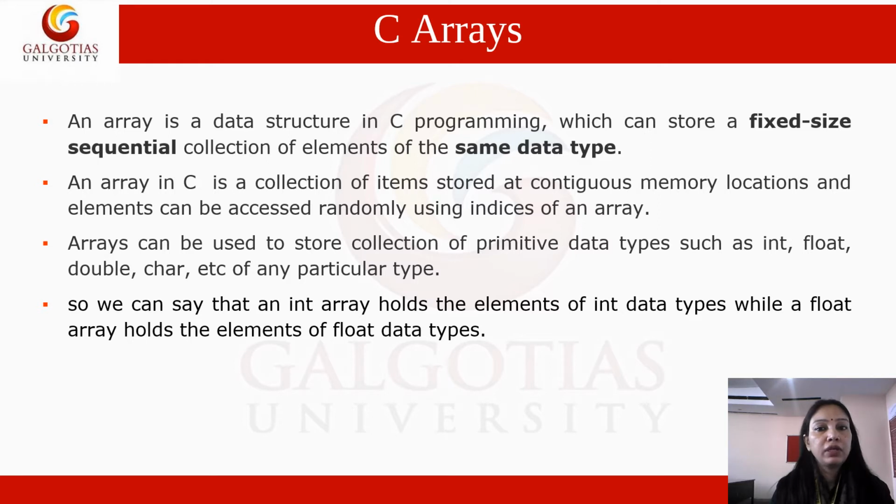while an array of type float can hold floating point numbers. So while declaring an array, just like a variable, we have to give a name to the array, and before that name, just like in a variable, we have to define the data type. By seeing that data type, we can conclude whether this array is going to hold integer type numbers or floating type numbers. Means by the data type only, we conclude what type of elements we are storing in our particular array, right?